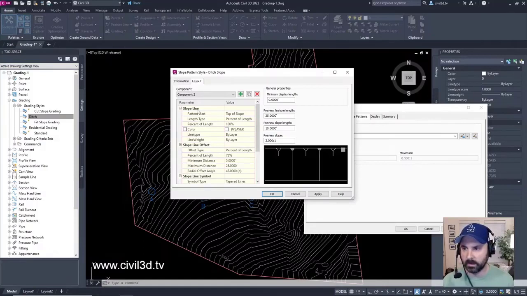In the slope line section, we want to focus in on symbol type. Here it is. Tapered lines, we're going to select none. See what happened right there?